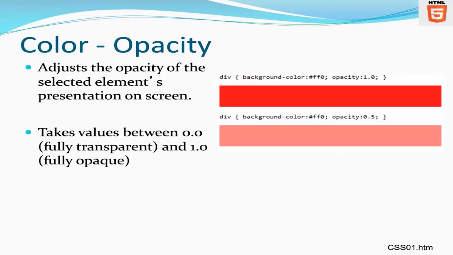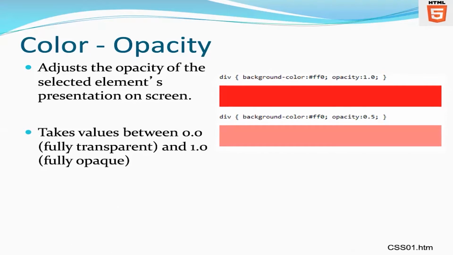Opacity is a property which talks about how opaque something can be. Its value ranges between 0 and 1. Opacity 0 would mean the block in question is completely transparent. Opacity 1, the block in question is completely opaque. Let me say that again. Opacity, a property whose value ranges between 0 and 1. Opacity 0 would mean the block in question is completely transparent, and opacity 1 would mean the block in question is completely opaque.